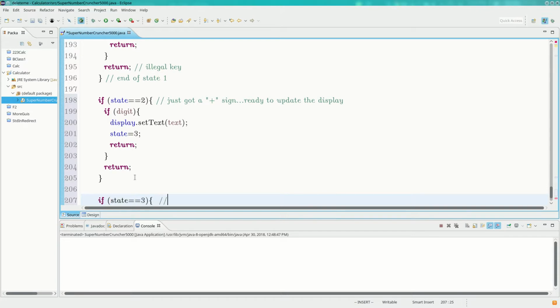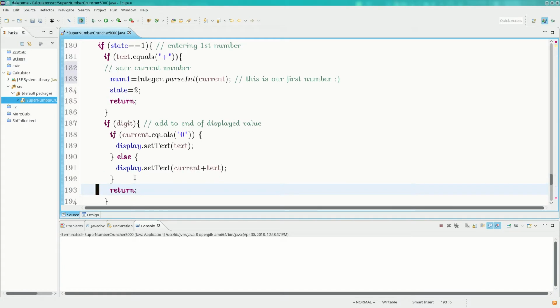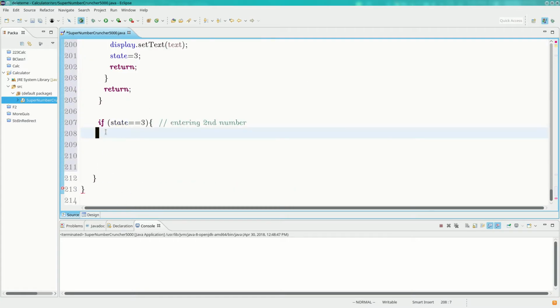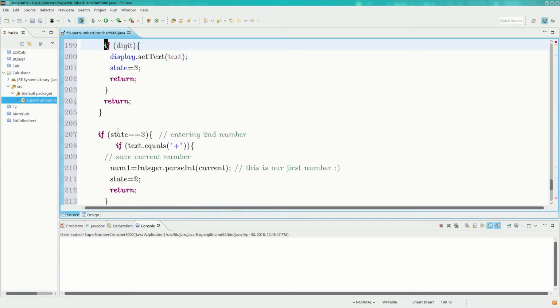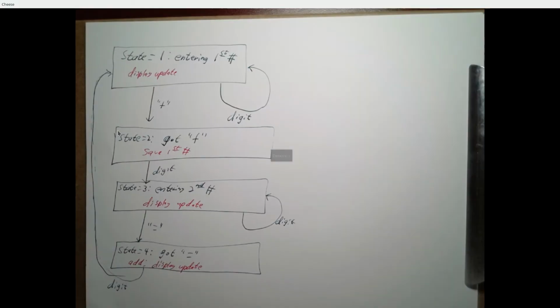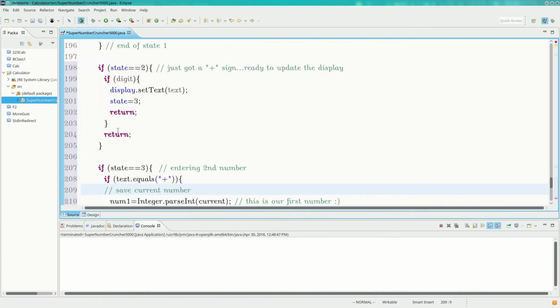So state 3, we're entering our second number. And I'm going to rip off a lot of my code from state 1. Hopefully I didn't rip off too much of my code. Okay, there we go. So the thing that takes us out of state 3 is the equal sign, not the plus sign. So if text equals an equal sign,